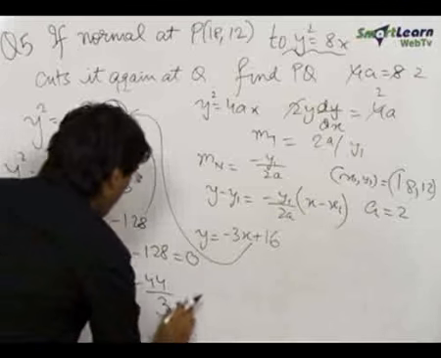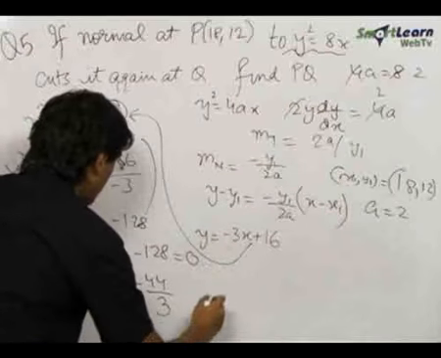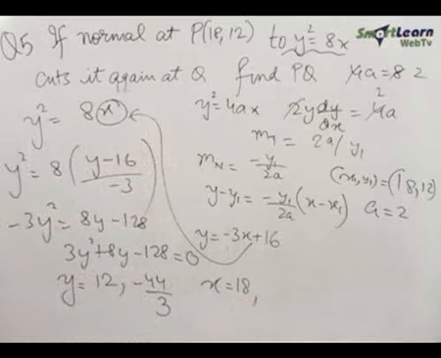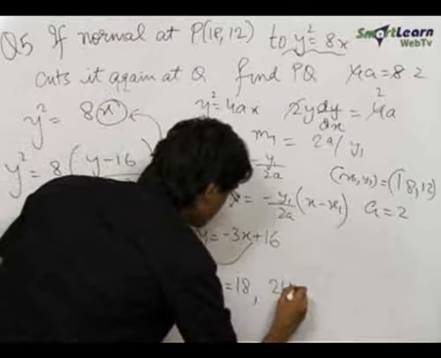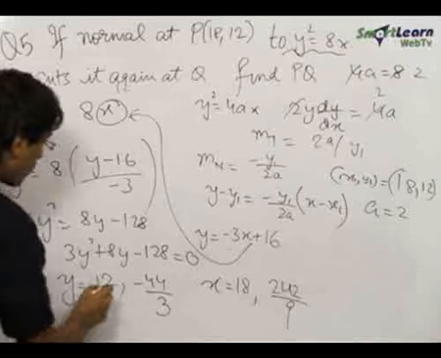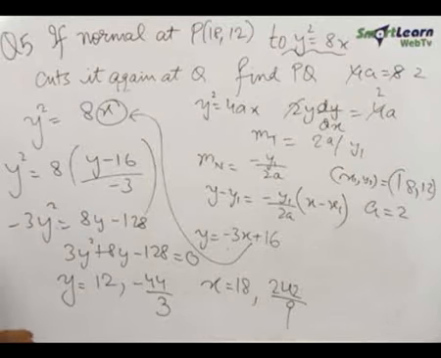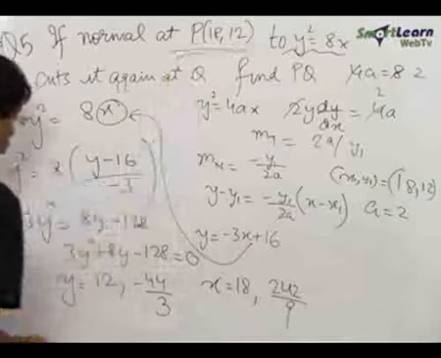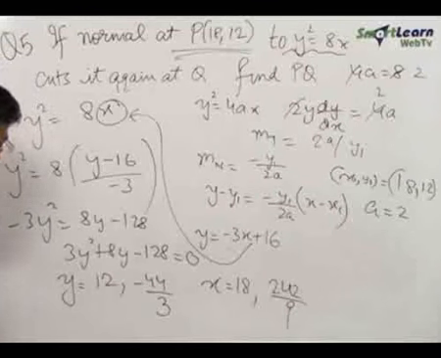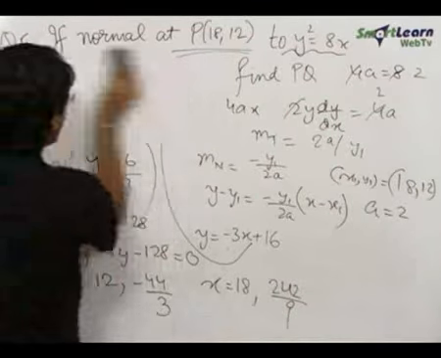On solving for x by putting the value of y in this equation, we get x as 18 and 242/9. Very clearly the point (18, 12) is the point P at which the normal has been made. So the other point (242/9, −44/3) gives the coordinates of the point Q,